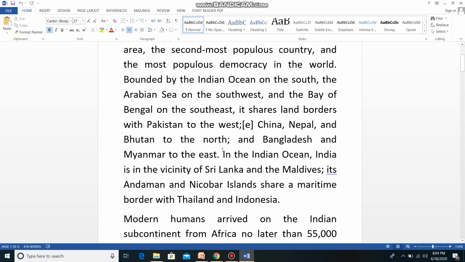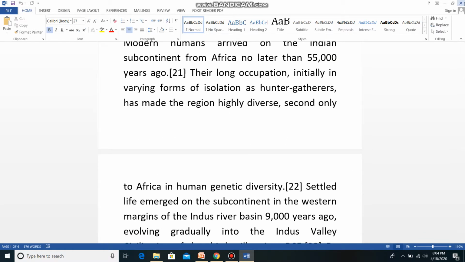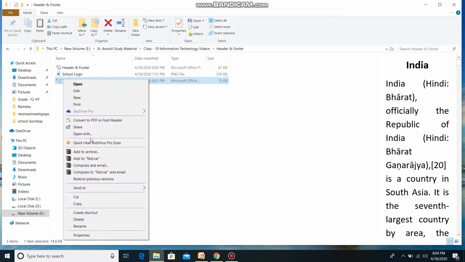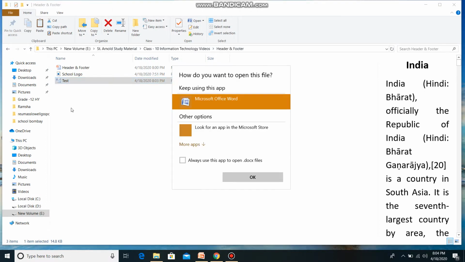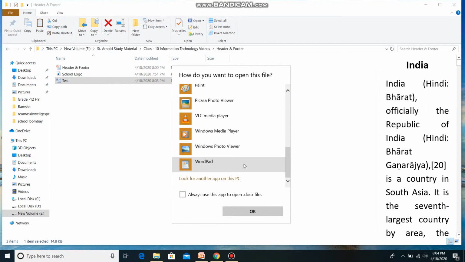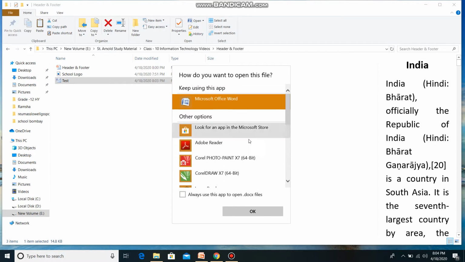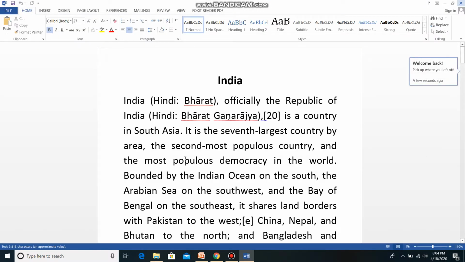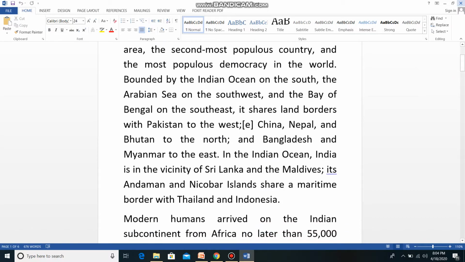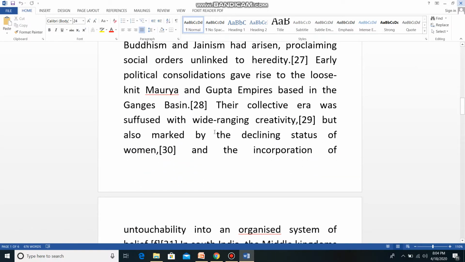Now I want to open this in MS Word 2007. So you can right click here and open this in Word 2007. Okay, Word 2007 is not here, so we will work in this version, no problem. So here we will discuss how we can add header and footer in our document.